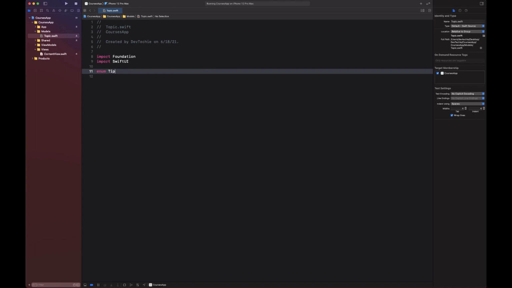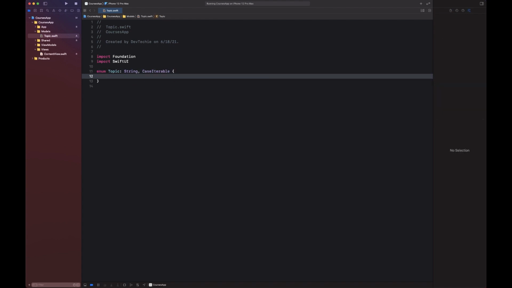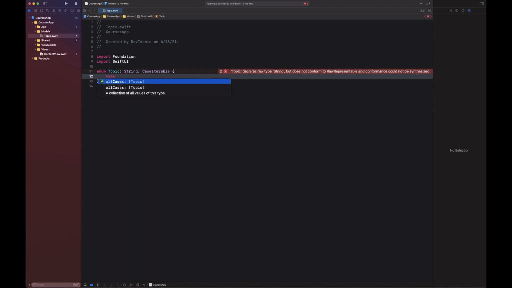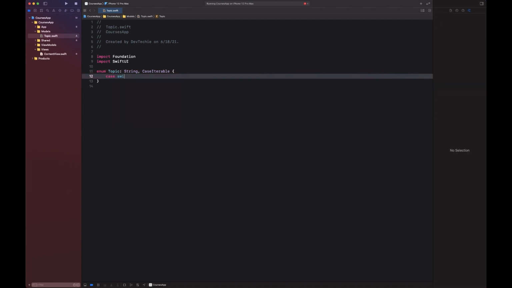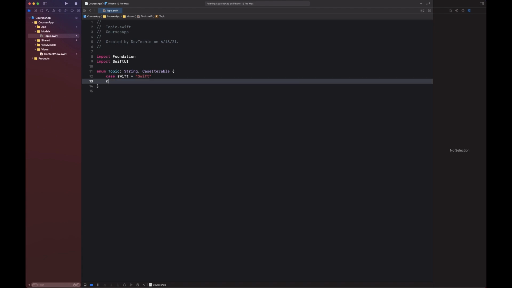Then we're gonna create an enum for topic. This enum is gonna be of string type, and it's gonna be case iterable, meaning if we need to get all the cases that this enum supports, we can get a collection of them by conforming to the case iterable protocol. So we're gonna create Swift as the first topic,